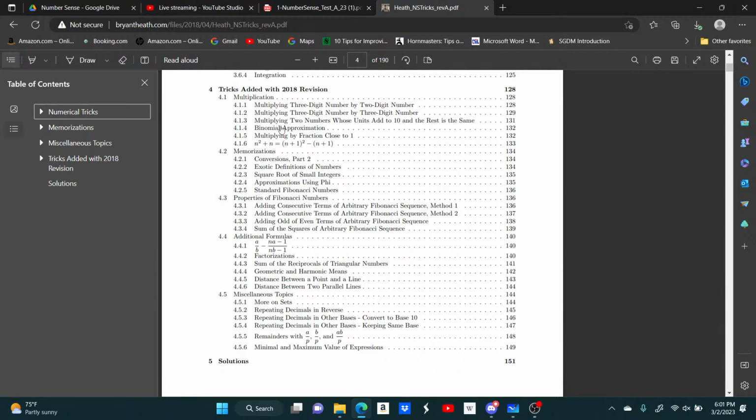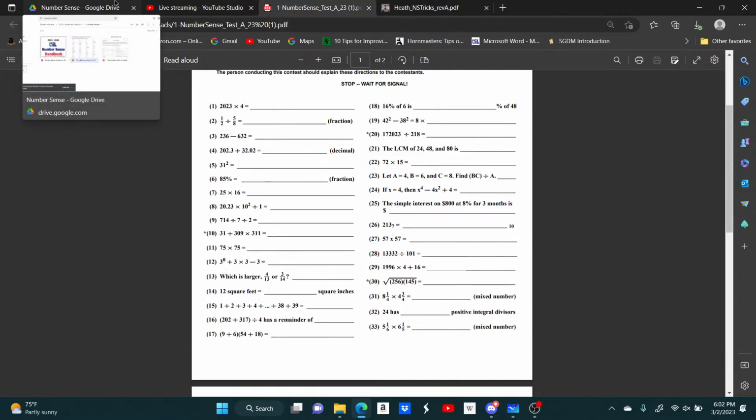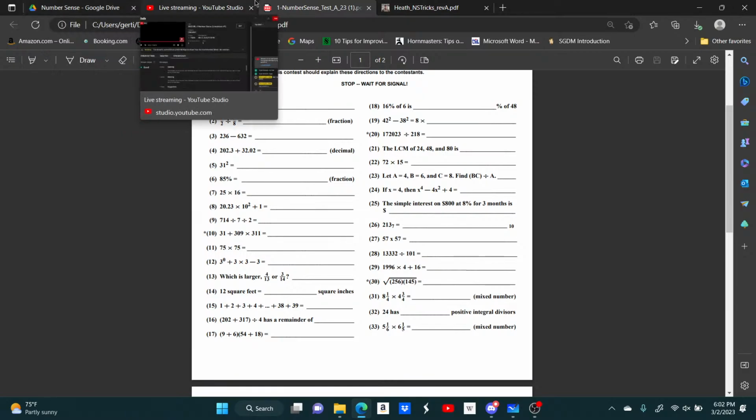that's only as of 2018, and I know he's gotten a little creative. I'll call it creative. These past couple years, so not everything you'll see on the number sense test will be on here, but okay. Here's a suggestion. It says, could you approximate 218 as 200 and 170,000 as